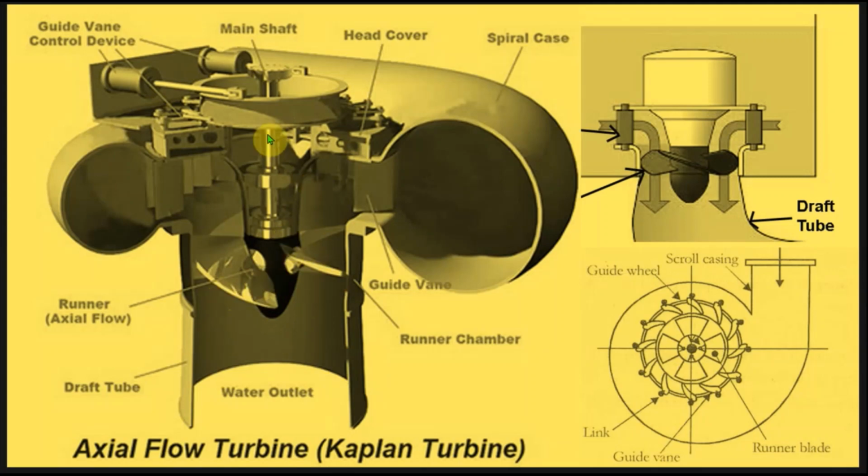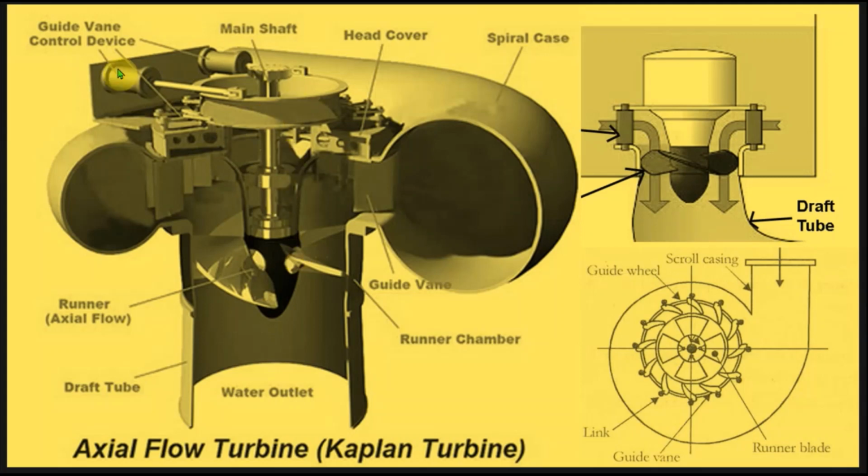As you can see in this diagram, this is the runner and we have the runner blades, and these runner blades on the Kaplan turbine are adjustable. That is a peculiar feature of Kaplan turbine. The axial flow turbines with non-adjustable runner vanes are known as propeller turbines. In other words, propeller turbines are the axial flow turbines with the runner vanes which are not adjustable. In a Kaplan turbine, the runner blades are adjustable. In fact, for that reason, Kaplan turbines are also called variable pitch propeller turbines.